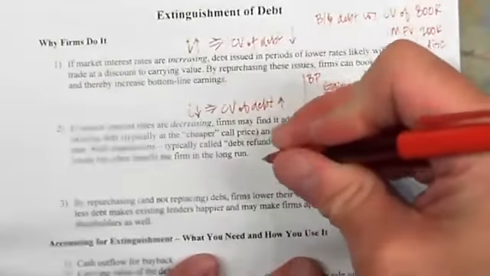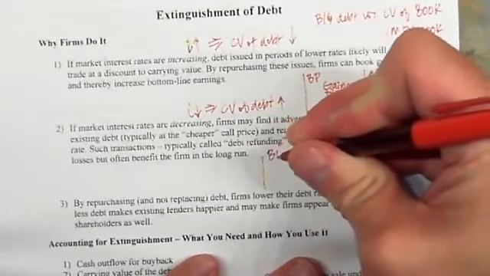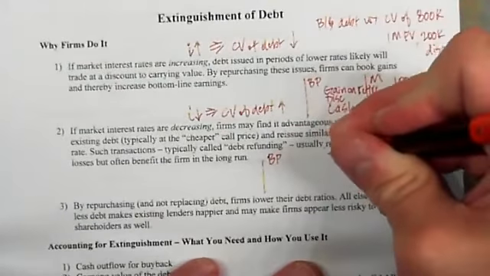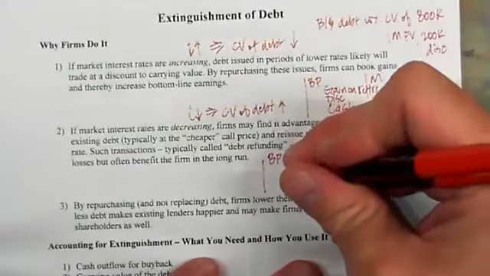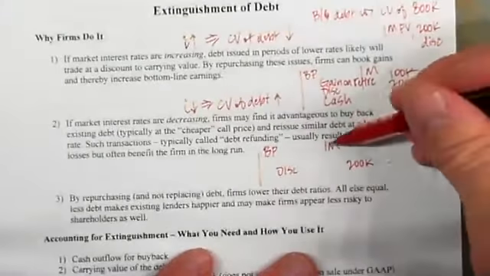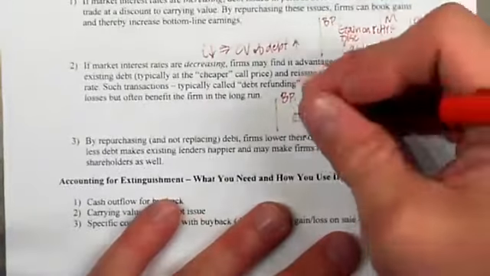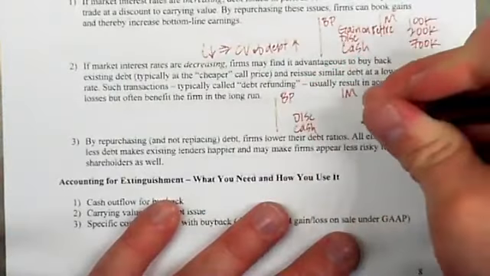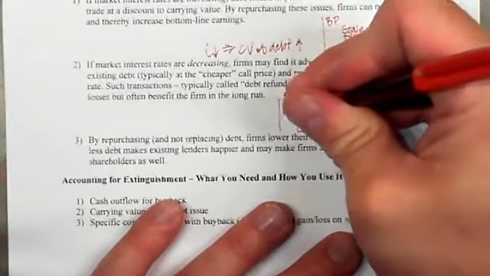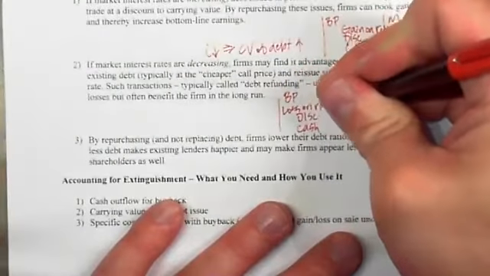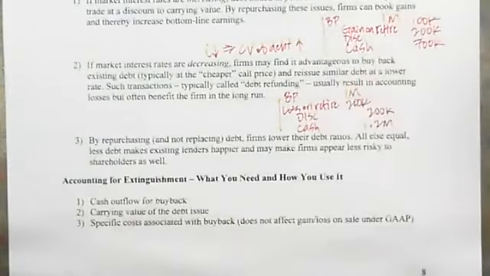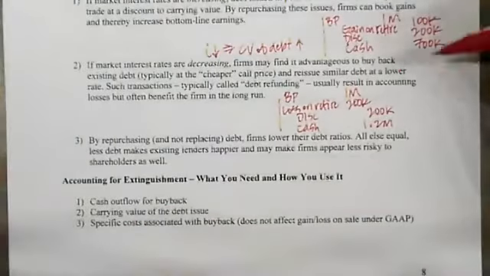In fact, when we go to repurchase the existing debt, we're going to have the opposite situation where our debt might be at an $800,000 carrying value on the books by virtue of a face value of $1 million and a discount of $200,000, but we're going to have to pay cash, let's say, of $1.2 million. Well, that's going to create a loss on the retirement of $200,000, but then the firm can